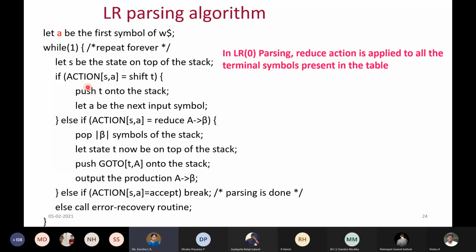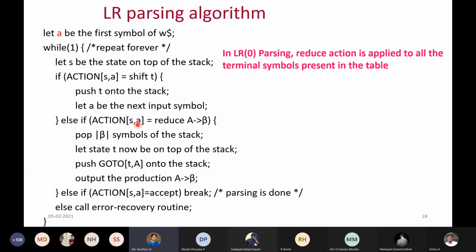That is one thing. If it is not a shift action, then what is the other possibility? It has to be the reduce action. For the reduce action, we have one condition: the entire RHS should match the substring I have on the top of the stack. I have to see, at a particular state when I am reading some symbol, already I would have constructed the table, or if you see the diagram, you can make out the dot operator is in the rightmost position, so it is eligible for the reduce action. All my beta symbols I have to remove from my stack. That's why we pop all these symbols from the stack.